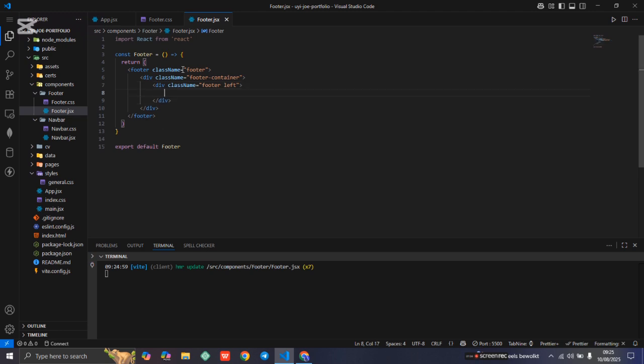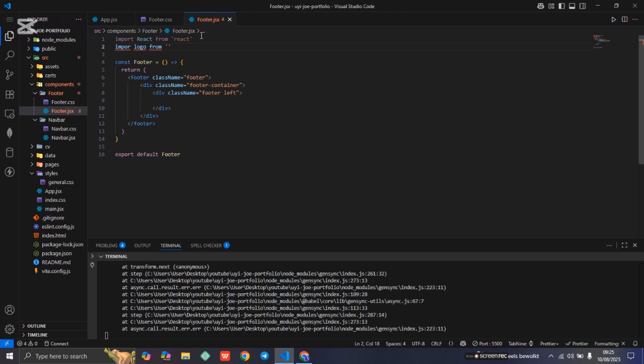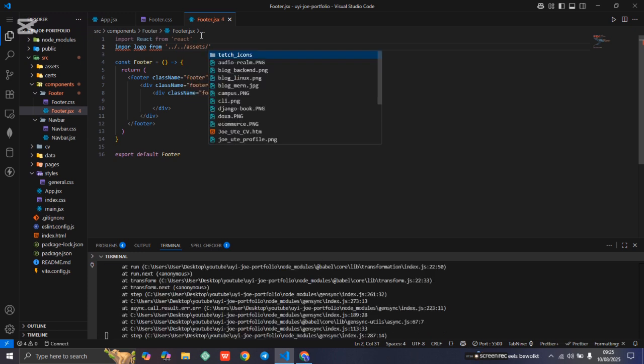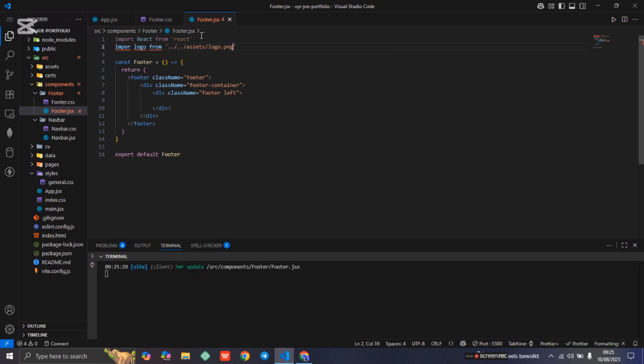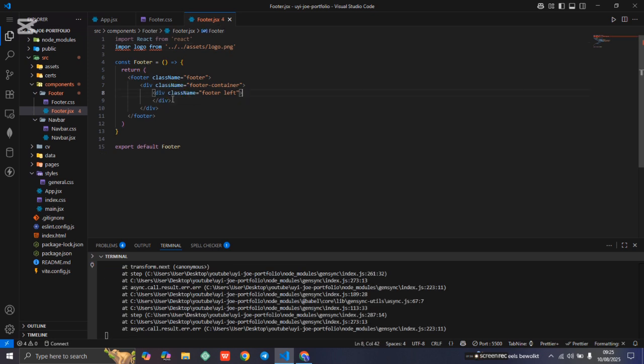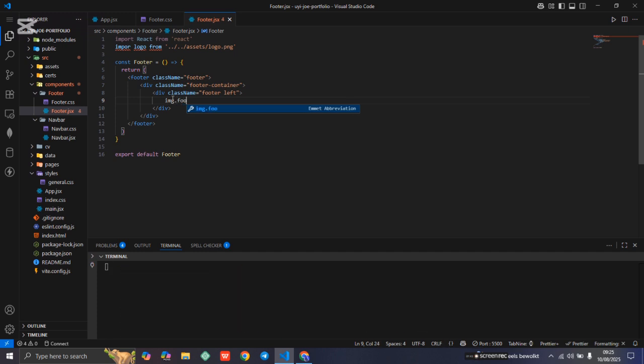Then we have to write an image called logo. We are still calling it our logo. So we have to import logo here first. It'll be import logo from, we have to go to the directory by putting slash. Now it's on asset, then we'll say logo. Good. Now we're going to image, which will be footer. The class name will be